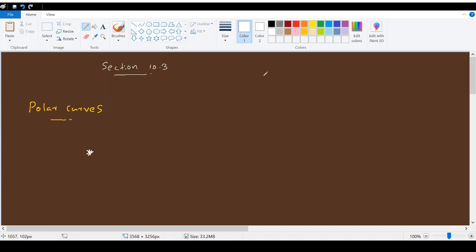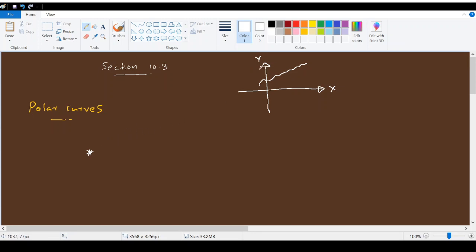When it comes to the usual curves that we have in the x and y coordinates, if you say a certain curve, that means it is a relationship between x and y, right? Here it's kind of a relationship between theta and r, but you have to understand this very